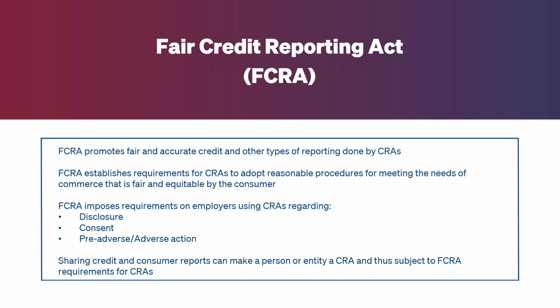However, this is based on an actual case. A temporary staffing agency in Massachusetts was obtaining consumer reports from CRAs and passing them along to their client companies. So the temporary staffing agency was hiring employees, getting employees into their talent pool, and running consumer reports, background checks on the employees that they were placing in their talent pool. And then when a client company would say, you know, we need 10 employees for this project, and we want to see their background checks, the temporary agency would say, okay, here are 10 candidates and here are their background